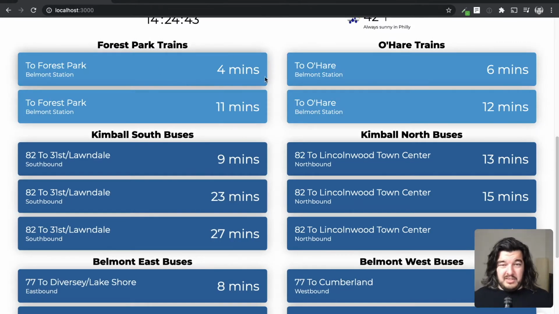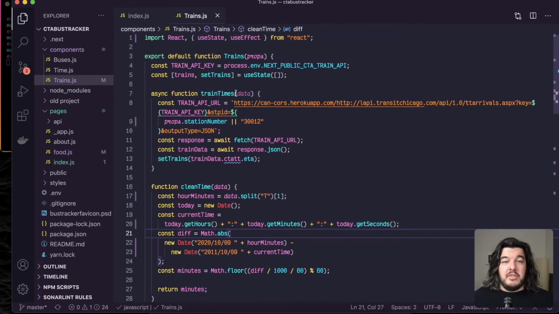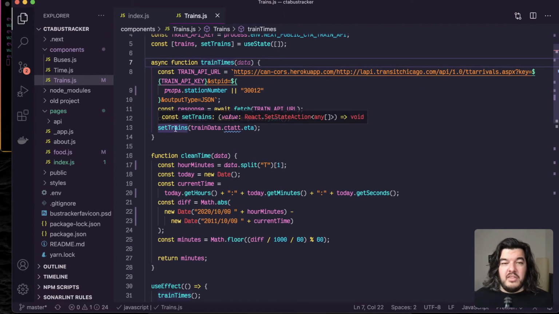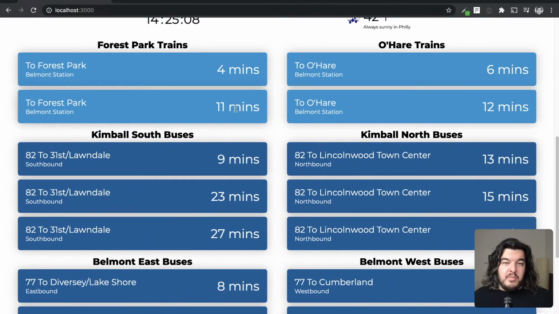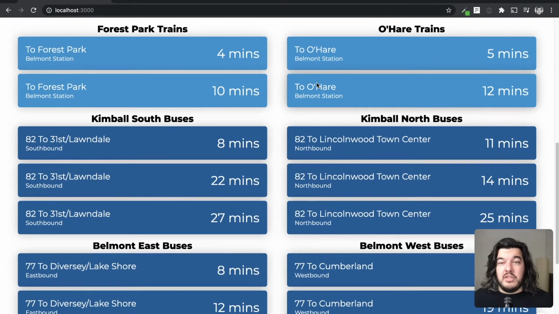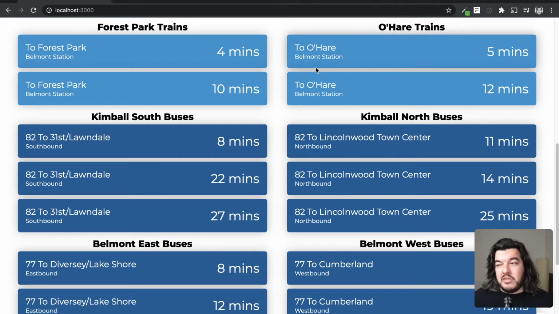See if you notice that there's a little bit of just nothing, just white, and then these blue boxes come into play. That's basically over here in the code. This piece of code here in the trains section is fetching the data from this URL and then setting those train times that it's getting back into state. So in between time, we just get nothing. We get this white nothingness, and that's not really good, especially if a user is on their mobile phone and their data is a little slower. They're just going to see a white screen and maybe leave